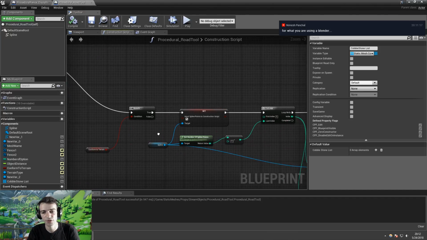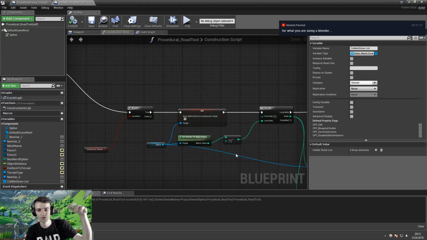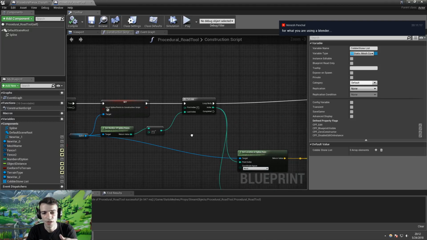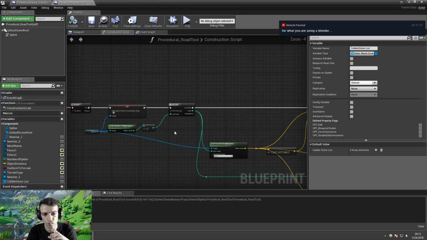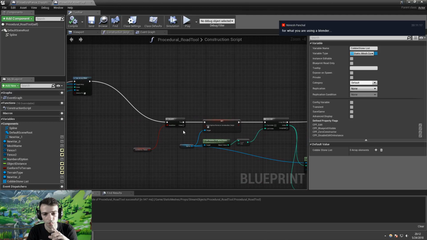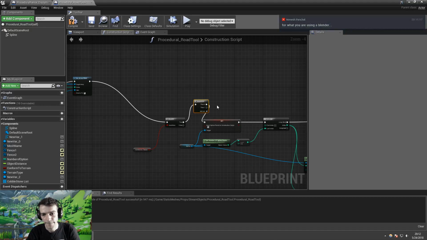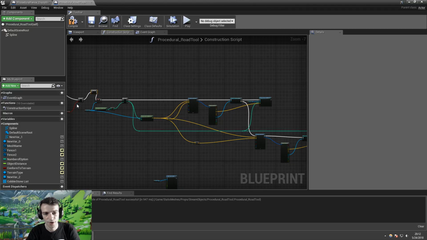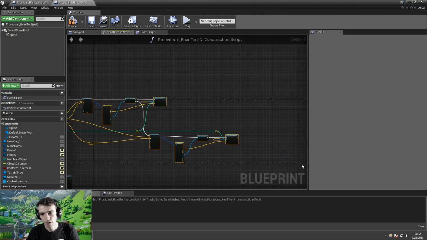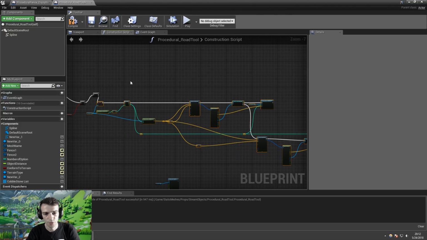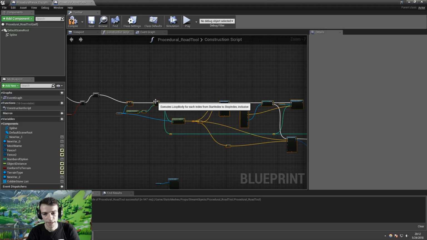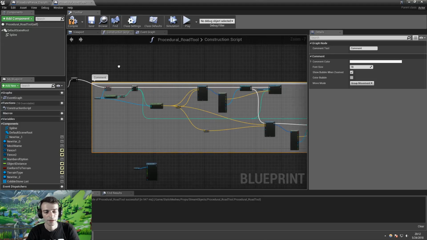So then I branch and I arrange the spline points, but I also want here a sequence. So I arrange, and this is all, I'll move it a bit and insert a comment,